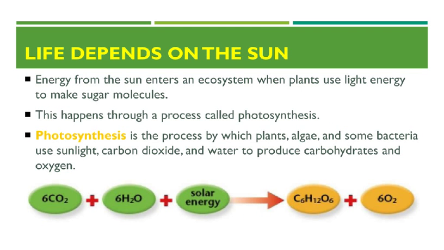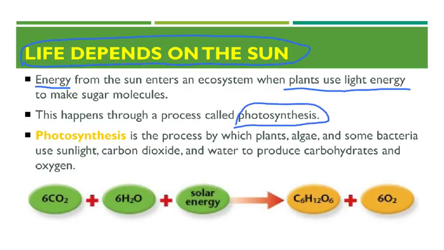So we're going to start, now that we've talked about producers, consumers, omnivores, herbivores, carnivores, all that stuff, talk about the energy itself. And what we notice is that life depends on the sun for energy. All right? Energy from the sun enters the ecosystem when plants use light energy. They do this in photosynthesis. All right? Now, we're not going to get too deep into it. You're going to spend an entire unit just on the process and the workings of photosynthesis in a cell next year in bio. But what we're going to talk about is we're going to look at carbon dioxide,